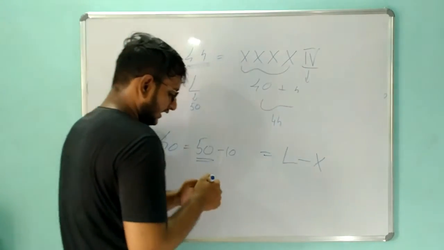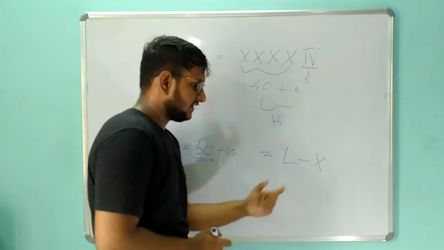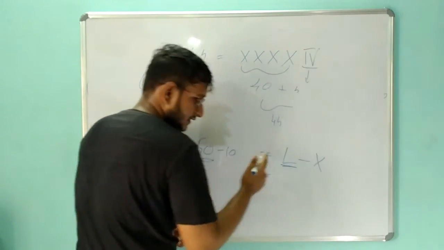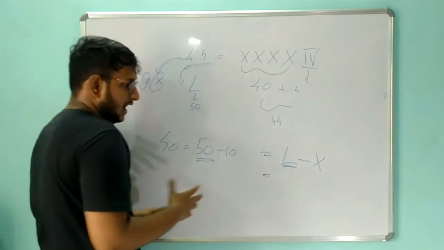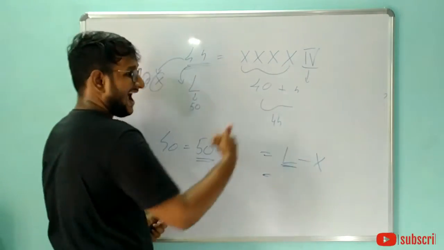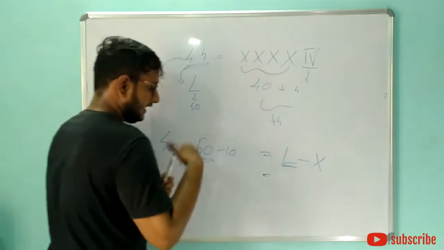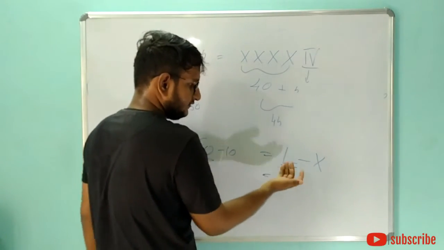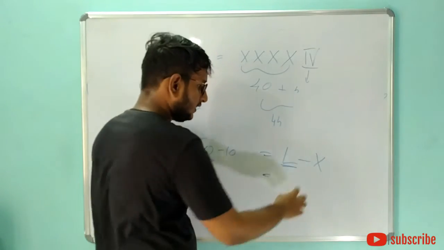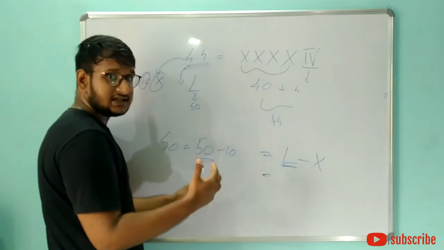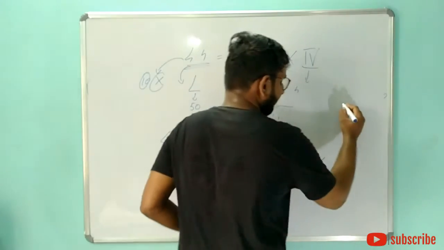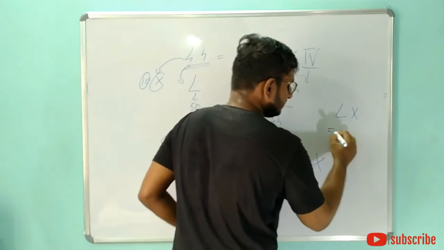In Roman numerals, if we have a greater symbol, a symbol which has a greater value, and we have a number next to it, it means adding. If we have a greater symbol like this L, which represents 50, and it is followed by a smaller number like X, 10, then it means adding. So if we have LX, it means 60.